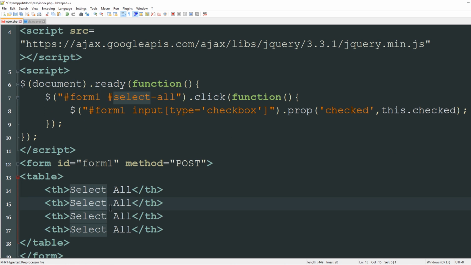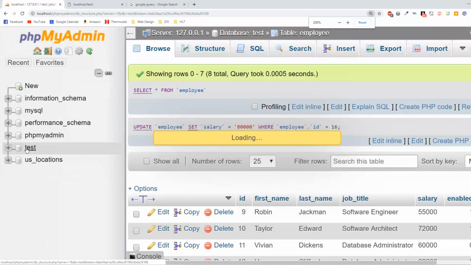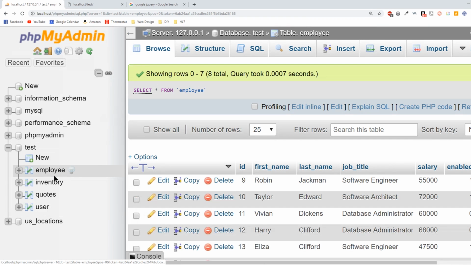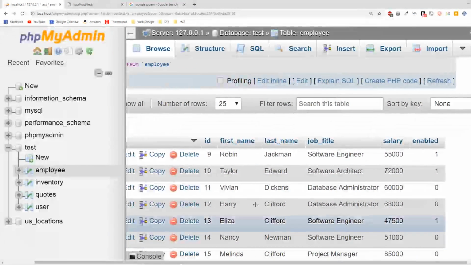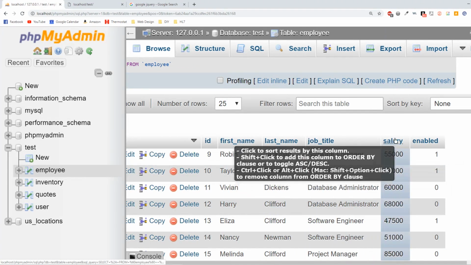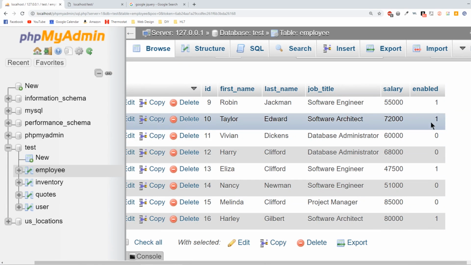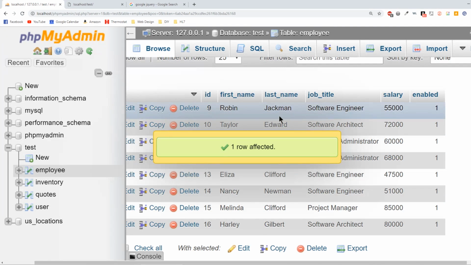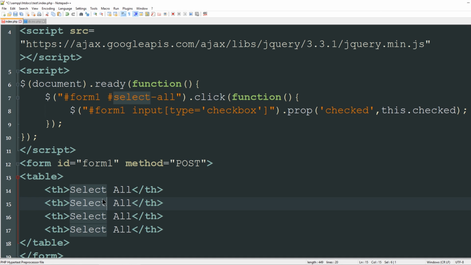And I tell you what, before I go on, let's take a look at our database. So I've got a database called test, and inside of test, I have a table called employee. And then if we look here, we have some values: first name, last name, job title, and salary, and whether the account is currently enabled or not. So let me make all of these enabled real quick. Okay, so these accounts are all enabled, and this is what we're going to populate our page with. All right, so the select all, so this is going to be first name, last name, title,